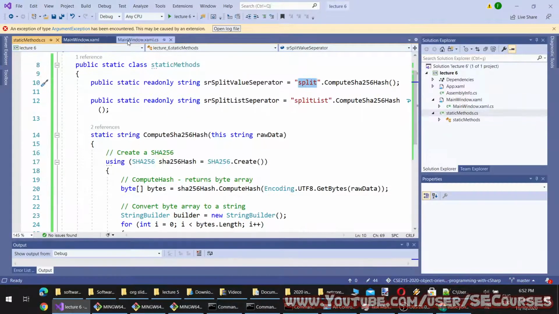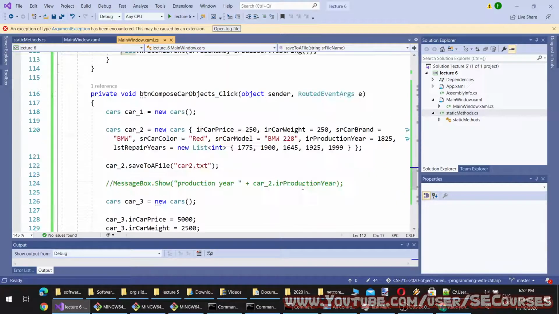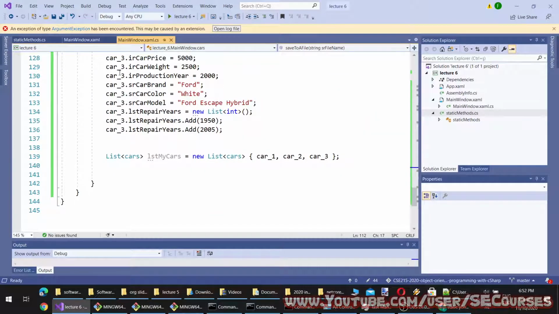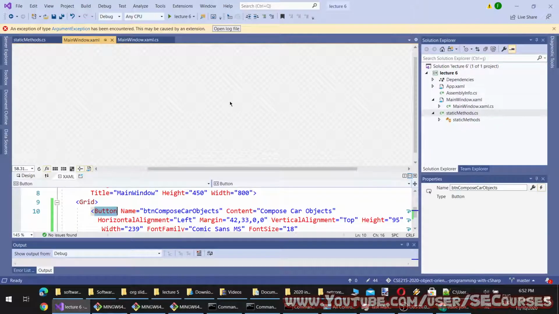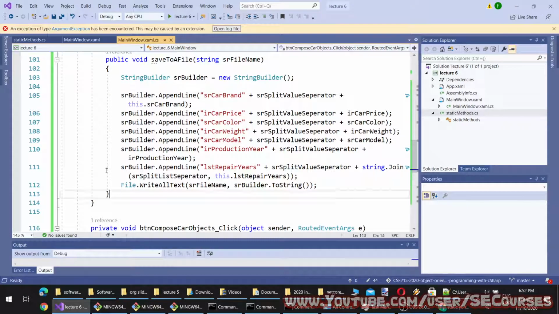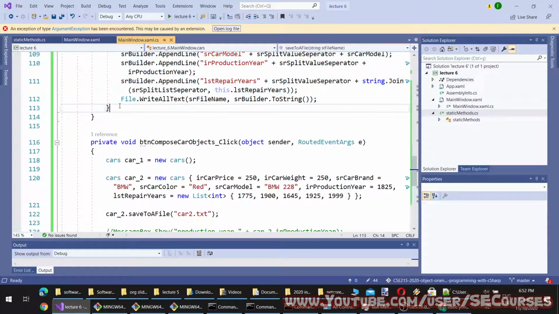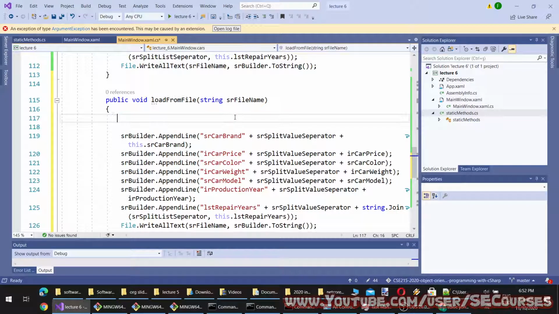Okay, so now that we have saved, this is the save of this object. Now we can restore it. How can we restore it? To restore the object, I am going to write another method, and it will be LoadFromFile. It will take a file name. This time it will load the file